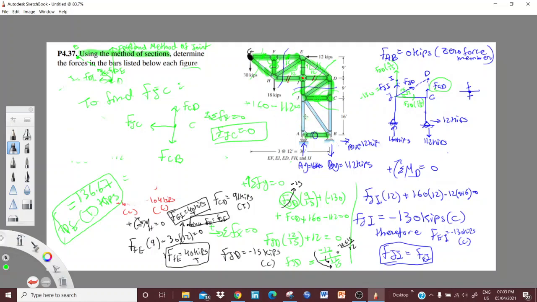Lastly, we need to find the member CB. We can say JA is equal to the force of IJ. Force of AJ is not equal to the force of IJ, since the distance is not